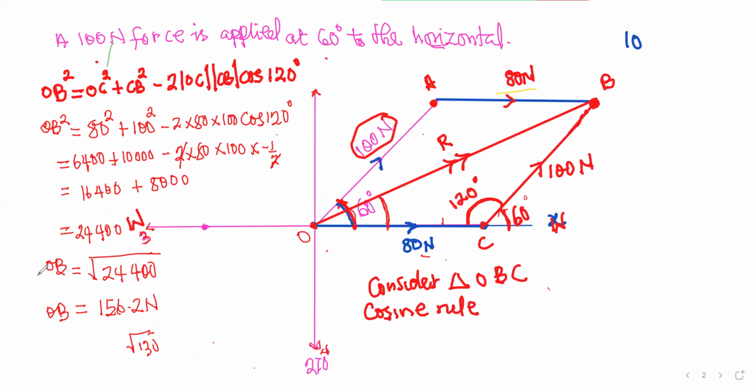Okay, all right. So let's find the bearing of the resultant. Let's find the bearing or the direction of the resultant. And that's the question one of you asked. You see, if I'm over here, if I'm on the horizontal and I want to face the direction of the resultant, I need to turn through this angle.